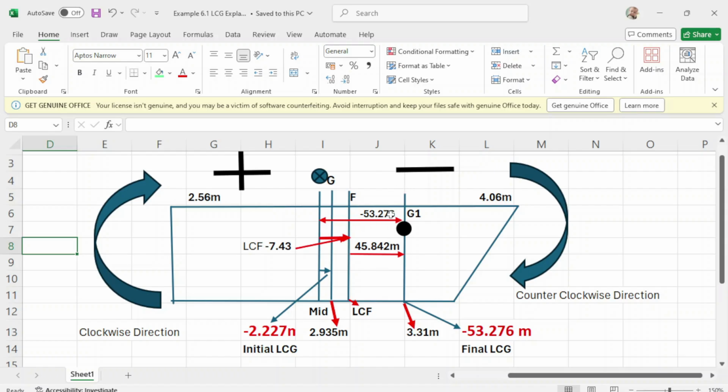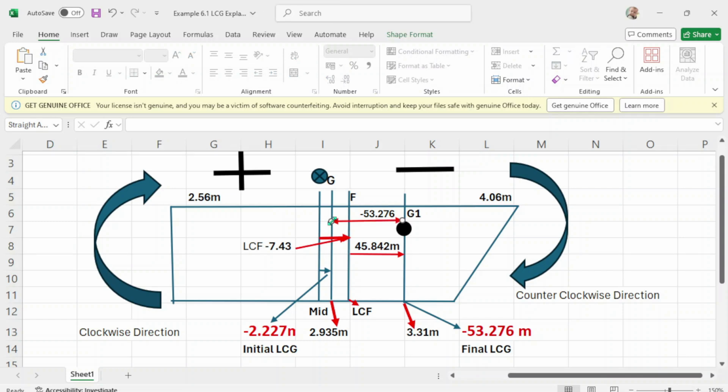And this will be your new G1 from the center of gravity, because it has shifted from this draft. Then you go from midship going to G, sorry, that will be G from here.